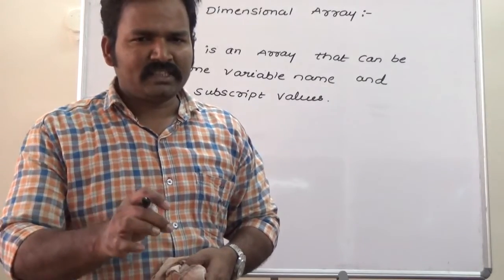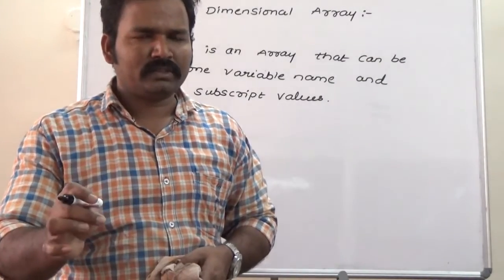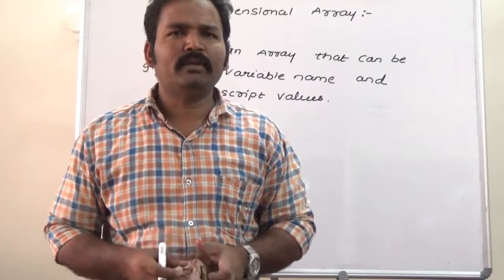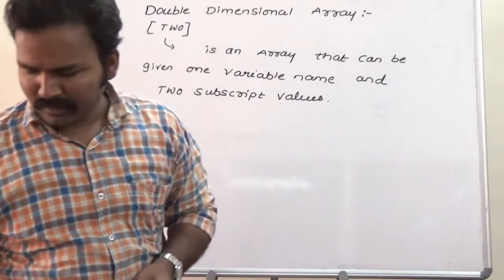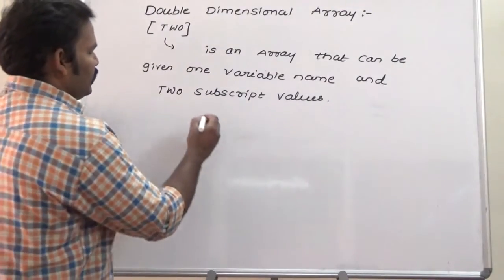The array which consists of two subscript values is known as a double dimensional array. Example: